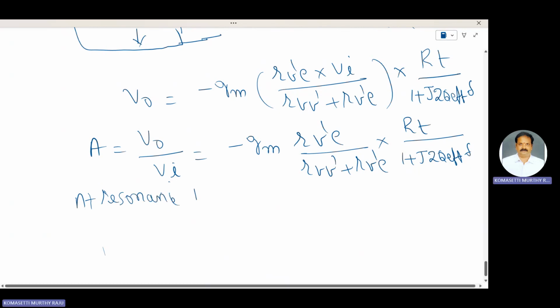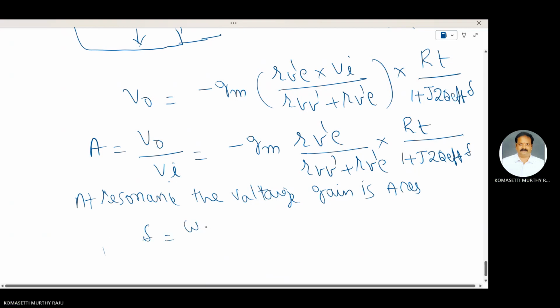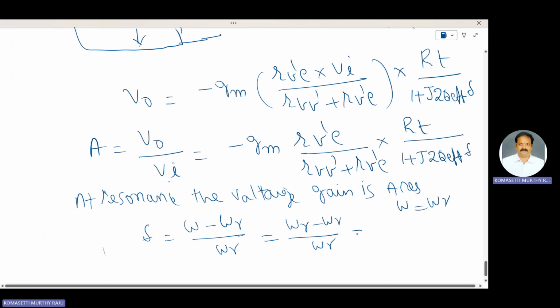At resonance, the voltage gain is A resonance. We know that the delta term is (omega minus omega R) by omega. At resonance means omega is equal to omega R, so omega R minus omega R by omega R, that is 0. Delta term is 0. Therefore,